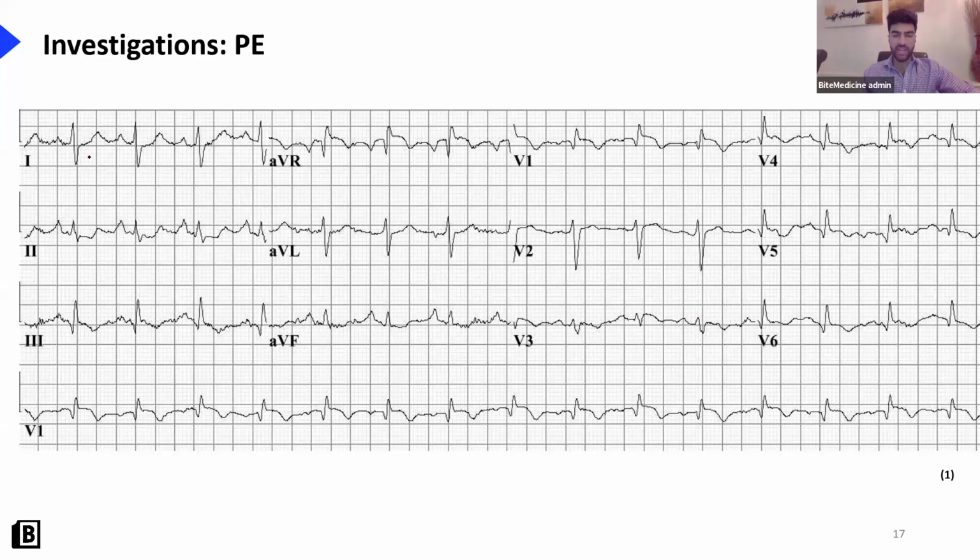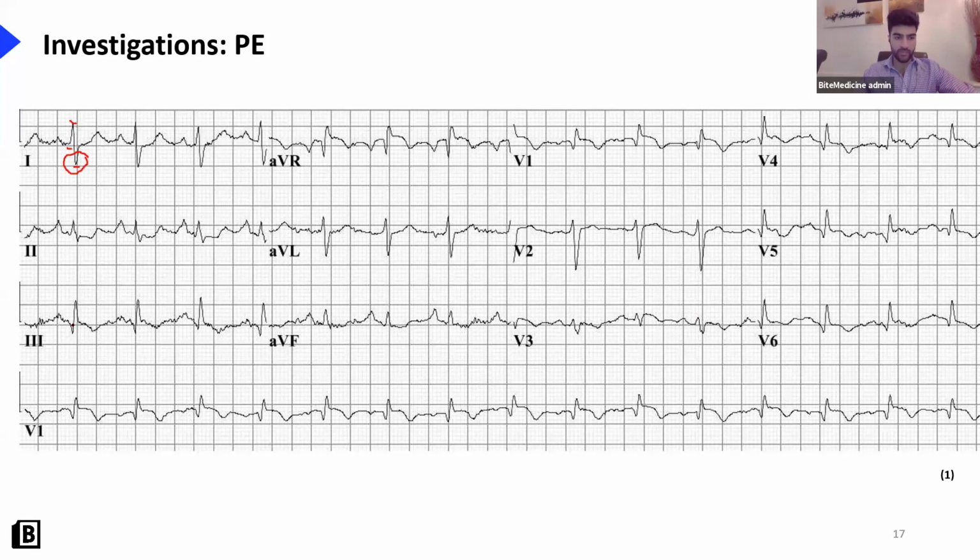S1 means in lead one, there is an S wave. So that's your S wave there. This is your Q, this is your R, and then your S is down here. So there's a prominent S wave in lead one. So that's S1. Q3 means there's a Q wave in